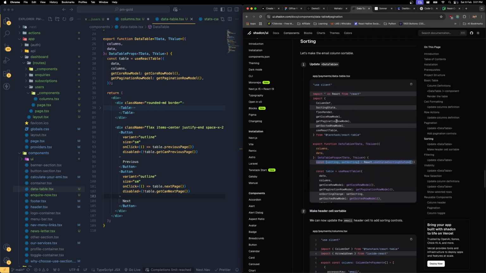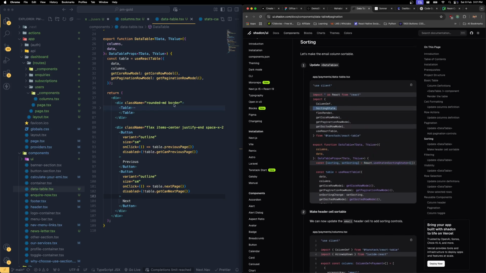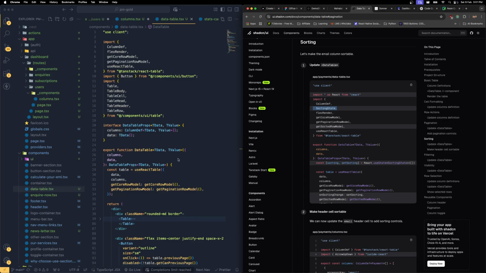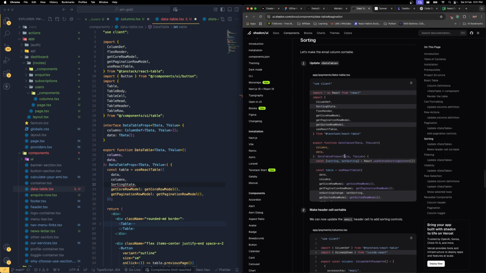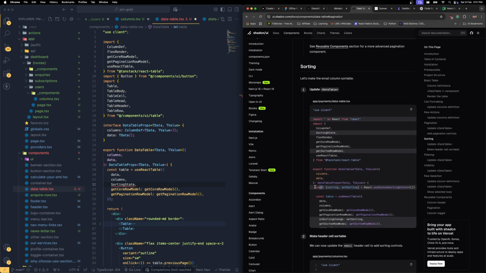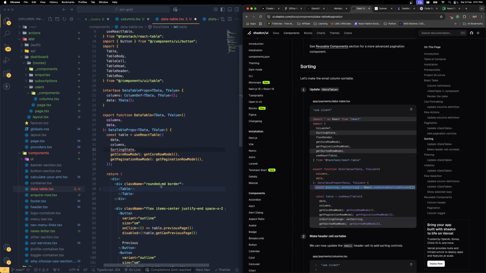Open it, and here you need to add this sorting state. Copy it and include that sorting state right after your column definition, right here. Okay, and for that we need to import this one. Copy this and paste it right after your